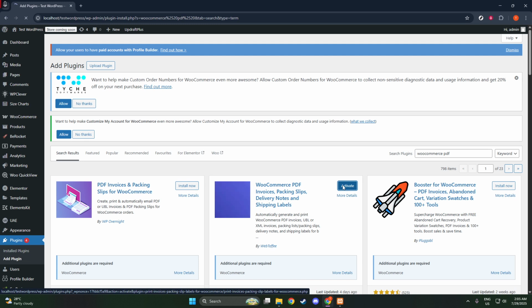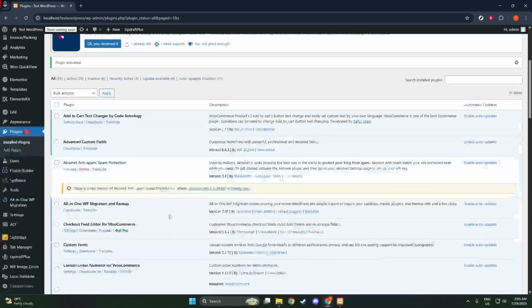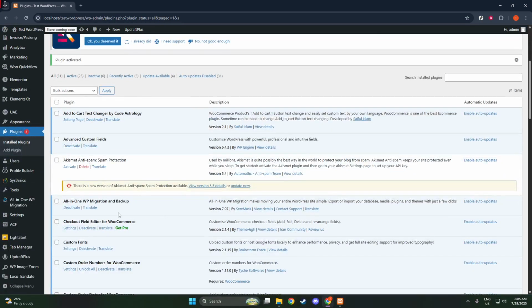In the footer note field, you can add a personalized message or important information relevant to your business. This might include contact information, a thank you message to your customers, or any legal information you need to display. Being thoughtful about these small touches can enhance your customer's experience. And there you have it. You're done. Now, with these settings applied, each time an order is processed through your WooCommerce store, a downloadable PDF